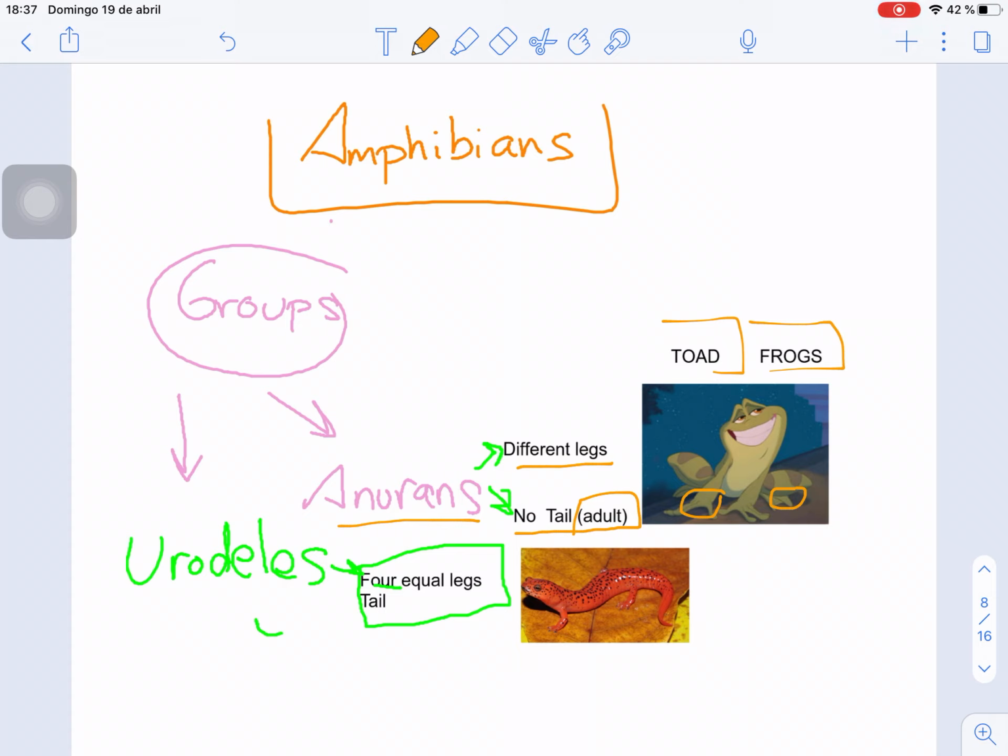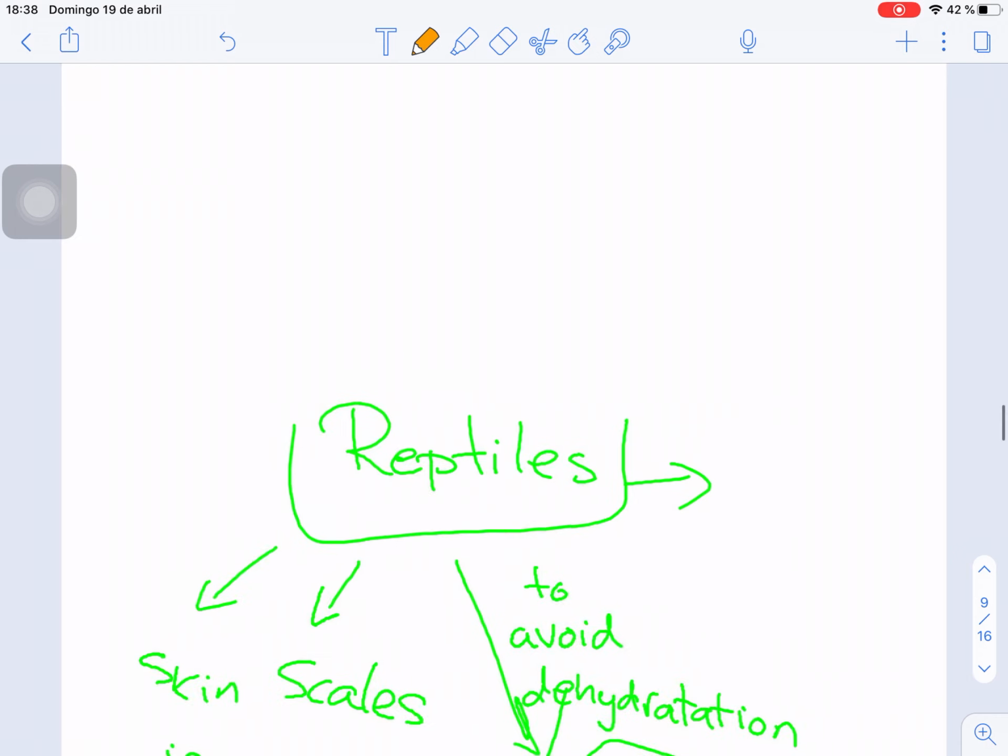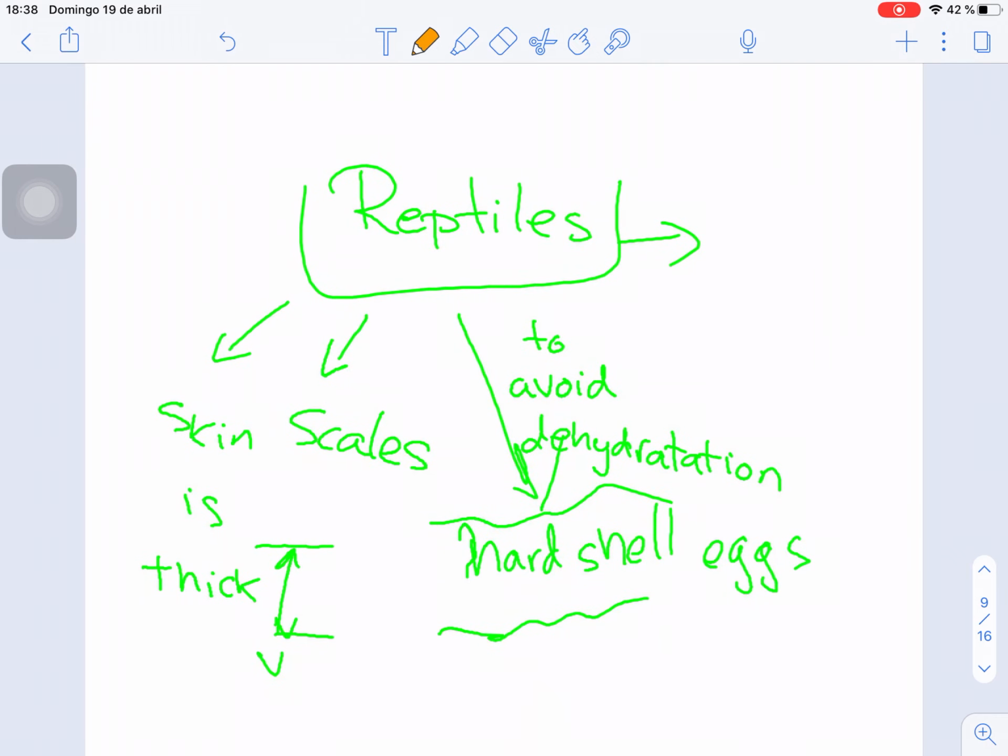The other group are called urodels. In this group, they have four equal legs. And obviously, they have a tail. What other characteristics had the reptiles? Well,